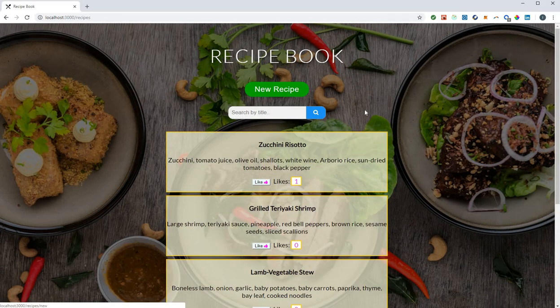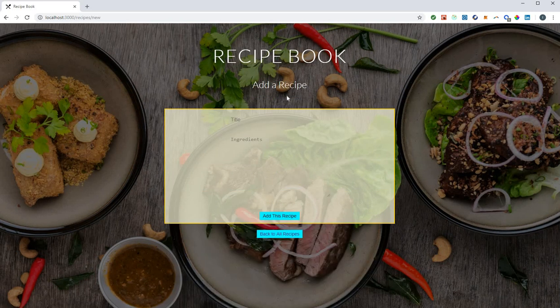As we click the recipe book open, we see already a few recipes created, a new recipe button and the search field. So if we start with the creation of a new recipe, we click the button and we open an entry form, so the placeholders become input fields on focus. For example, we want to create something very simple,